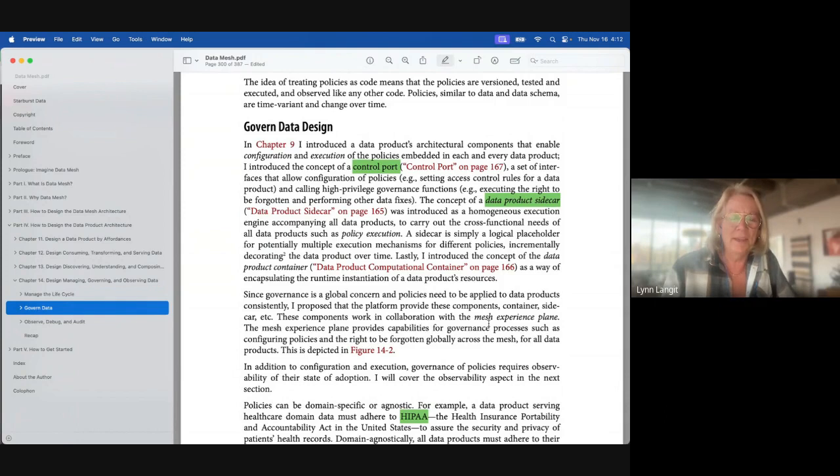So moving into the next subsection here, she's talking about governing data, and kind of reminding us of some of the other ideas she talked about in terms of control. So control ports, the ports and adapters model for data, which comes straight out of application microservices. And then the data product sidecar, we wrestled with that many chapters back. Conceptually, I feel like I've got it, but I still didn't build one, which is basically a container that talks to a container.